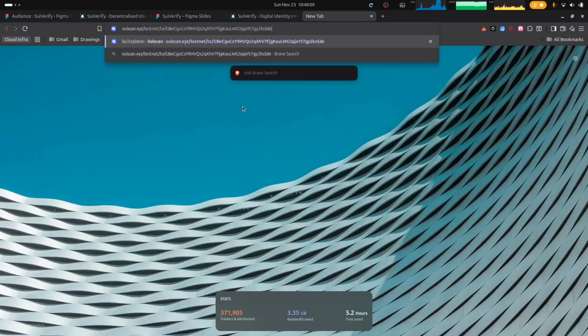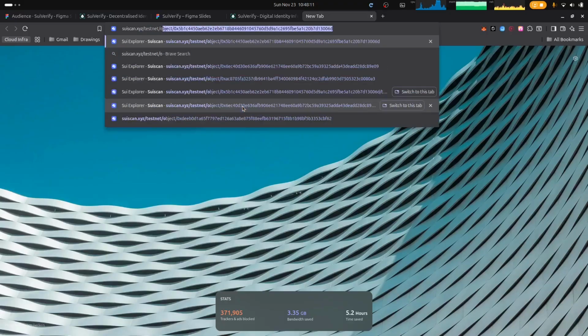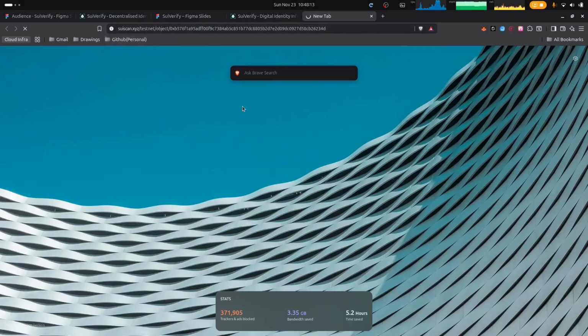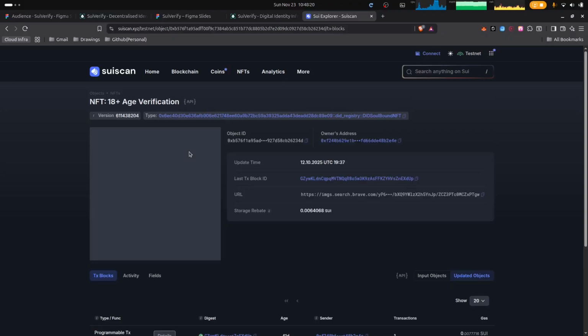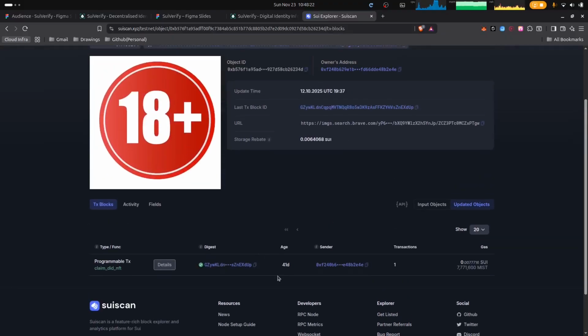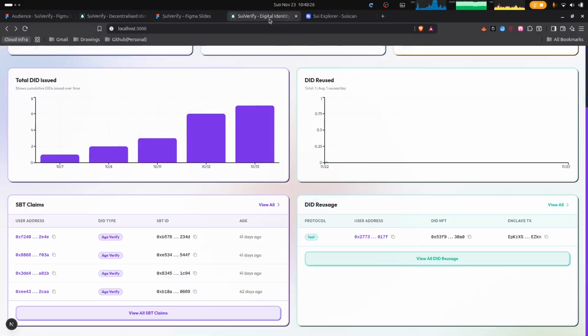Scan testnet transaction. Okay, it's going to be the object. So I'm just showing you the exact NFT that was minted 41 days ago. So our indexer is just polling every piece of data from our module and showing it here. That is the process that